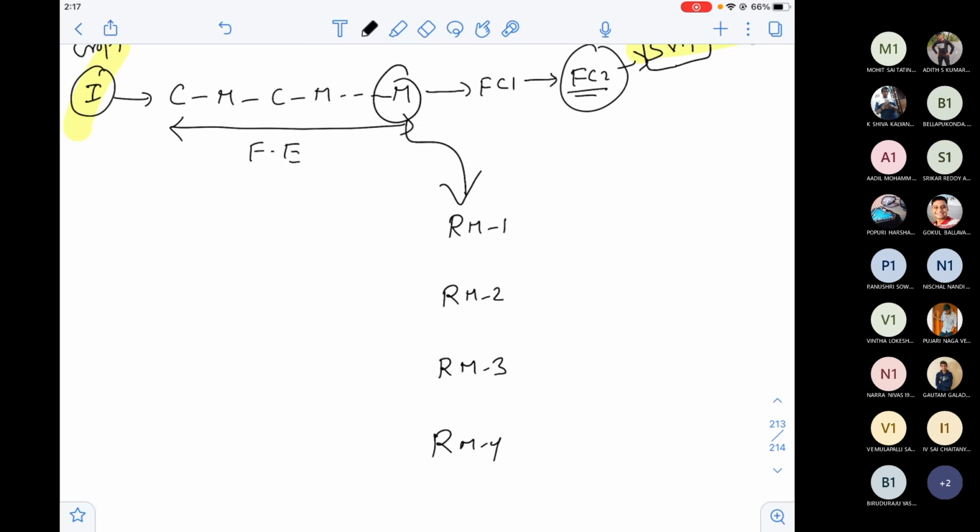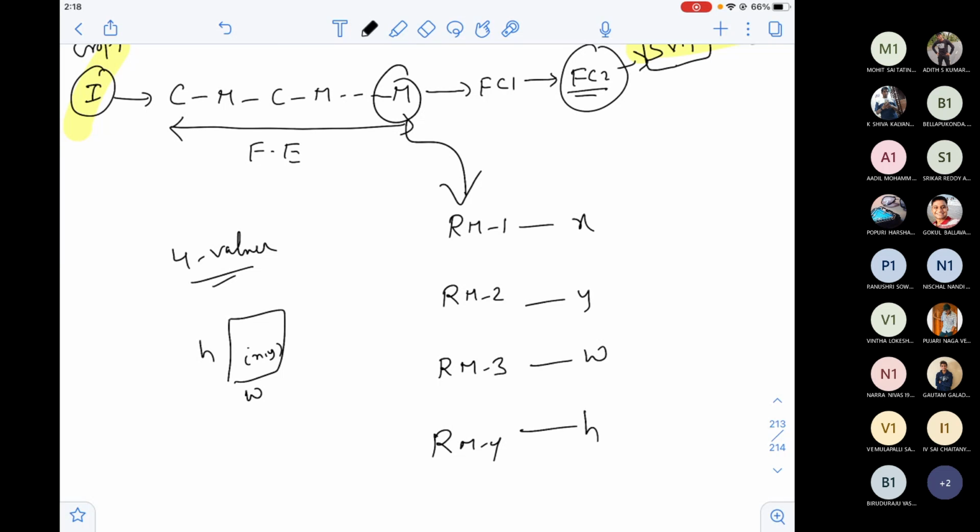Why 4 regression models? Because I have to predict 4 values. What are the 4 values? The bounding box x, y, width and height. So this predicts x, this predicts y, this predicts w, this predicts h. Now these are the predicted coordinates, and finally you'll draw a bounding box using these coordinates. Can I say this is that simple? Is it really that simple? May not be. I think something is missing in this.